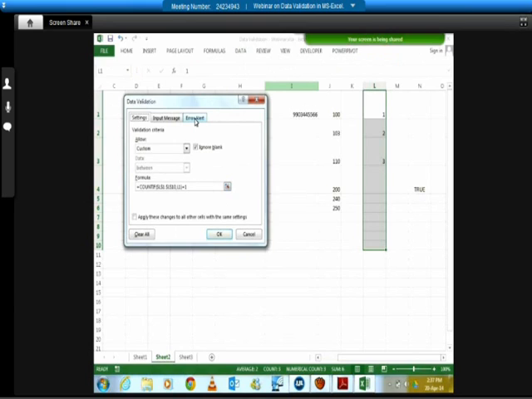Right? So what is the use of this? Once I've applied it, when I click over here, it simply says no duplicate, make sure you are entering unique data. What is the role of the input box? It helps the user to understand what kind of input I'm looking for.